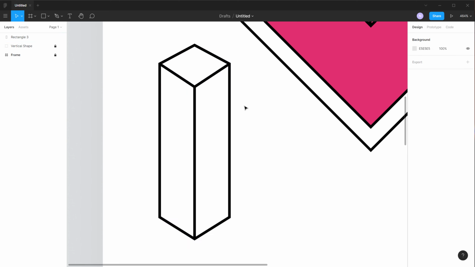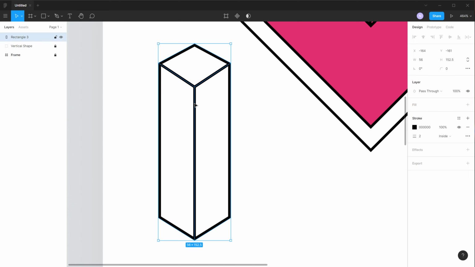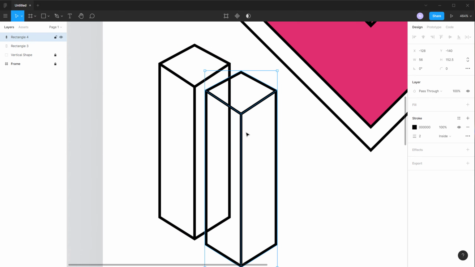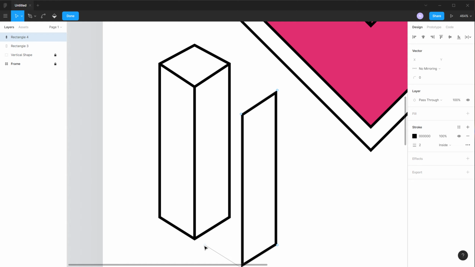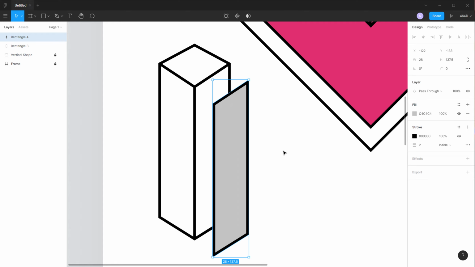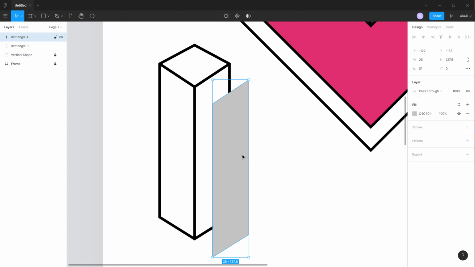Let's click on done. Then I can select this, hold alt and drag it to create a new copy and make it editable again. Select the points that I don't want, so I'm going to delete this one, delete this one and delete this one as well. Let's click on done. Now I can add a fill. Let's place it into the position I want. We don't want any stroke, so I can get rid of that. For the color, I can select the layer, hit I and pick the pink that we want,